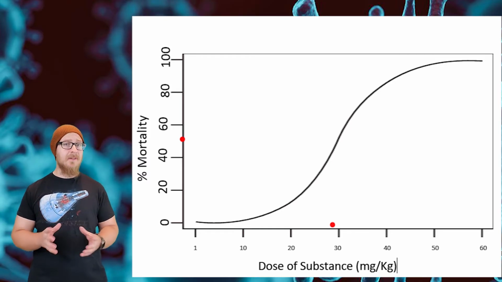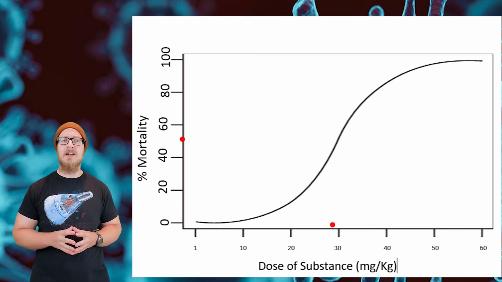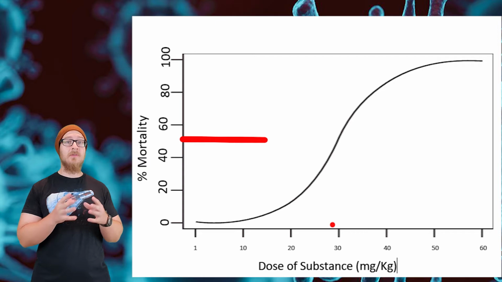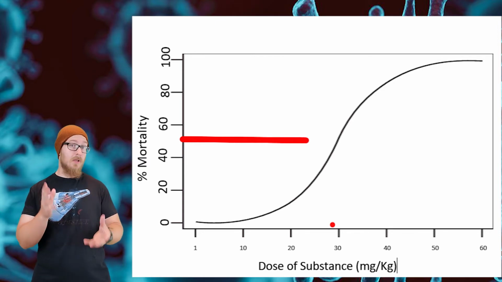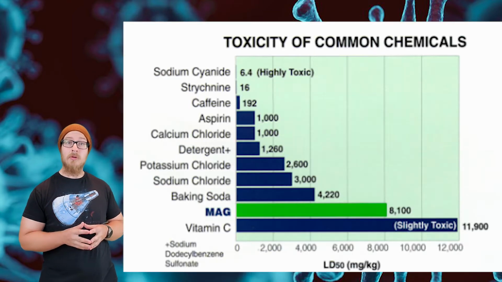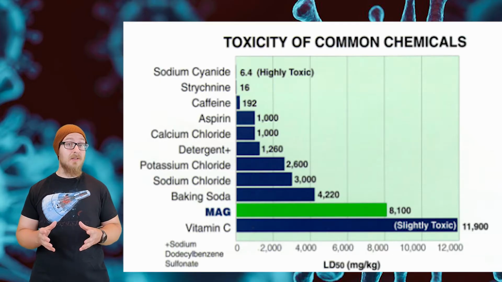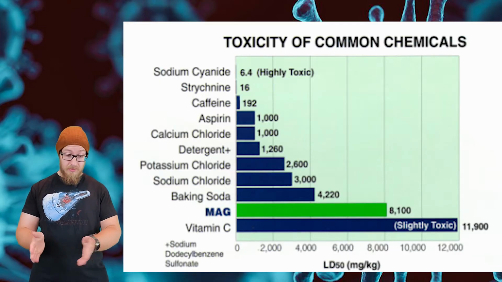An LD50, or the lethal dose 50 test, seeks to determine the dose of a chemical that is lethal to 50% of a population of a particular species. The lower the LD50, the more toxic the substance is, because that means a larger percentage of the population dies